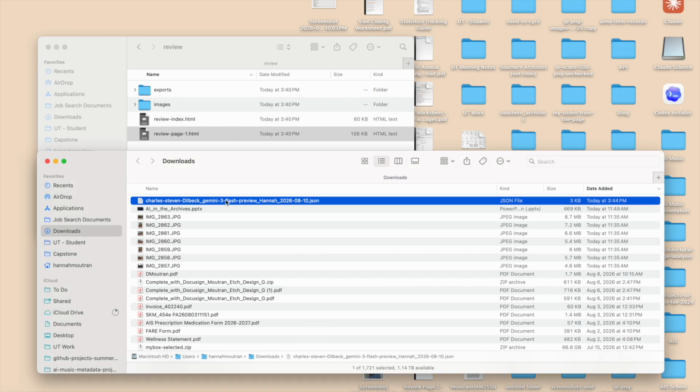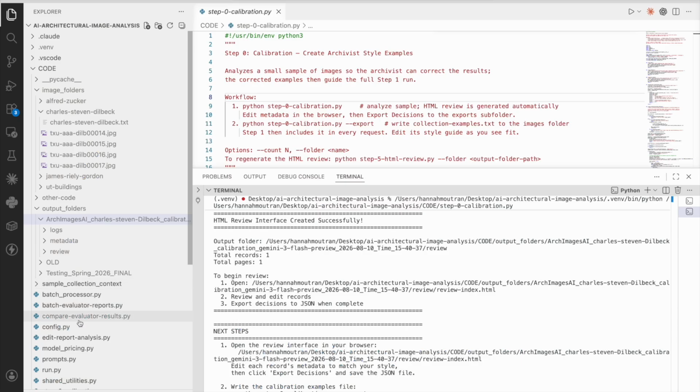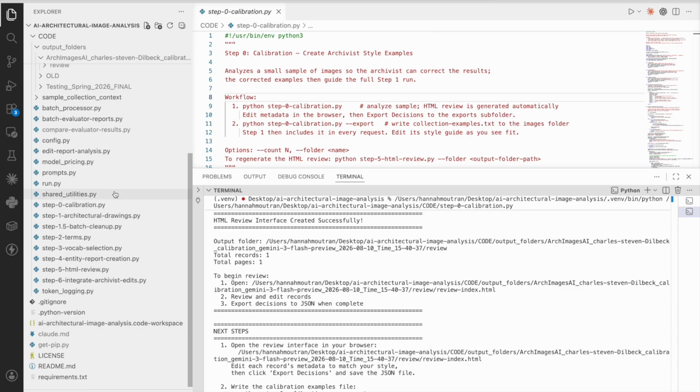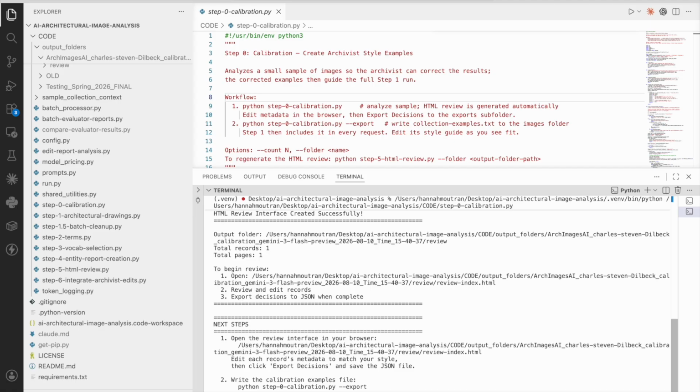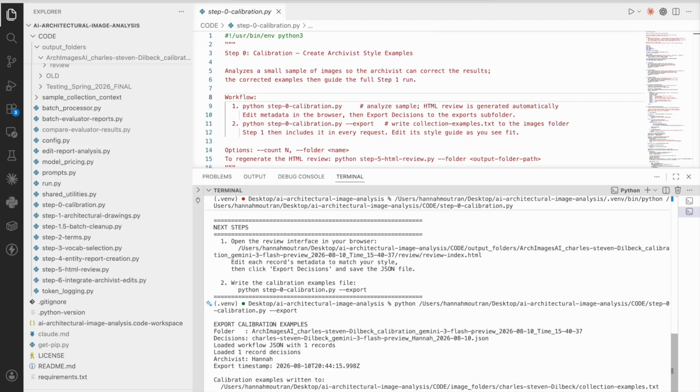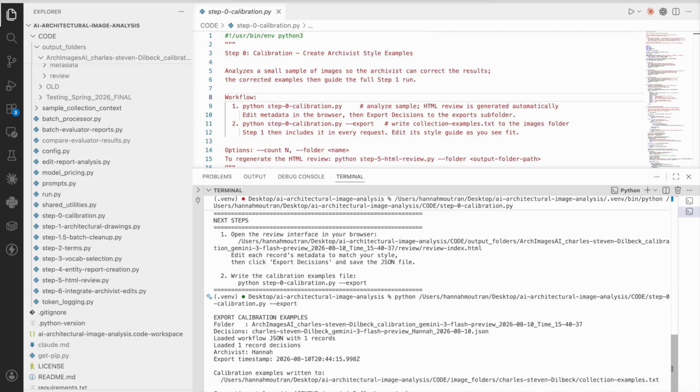So now I've exported it and I'm putting it in the exports folder, and then I can come over here to the calibration step again and just run it with the export argument. And it will process the decisions that have been made and create a file that will live in the collection folder